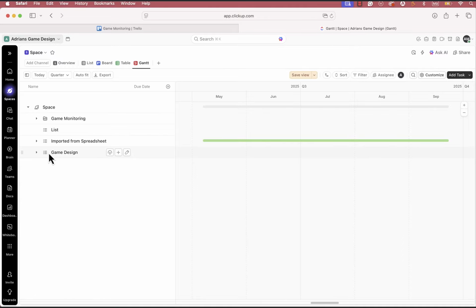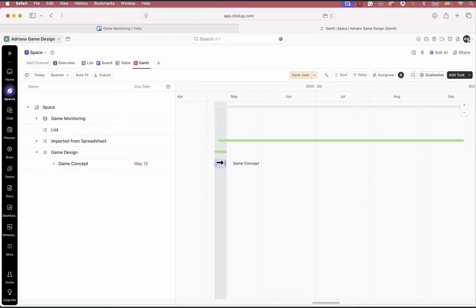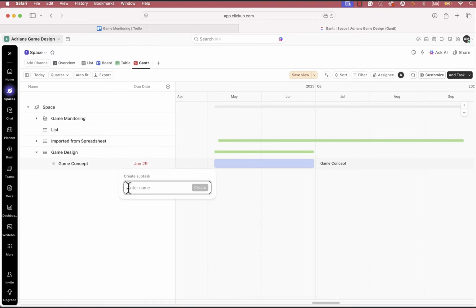I'll go create, and what you'll find with this is with the game concept, when I come in here I can actually put, so I'm going to go to about May, and I'm going to say that's when I started the game design. So if I click here, game concept, and I'm going to say, okay, I did that May to June for a month. Inside the game design, game concept, I can make little sub-menus. So under concept I'm going to say